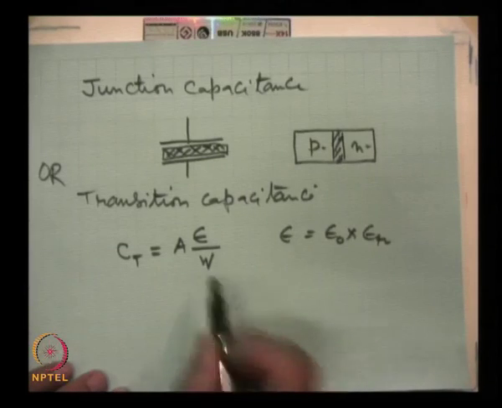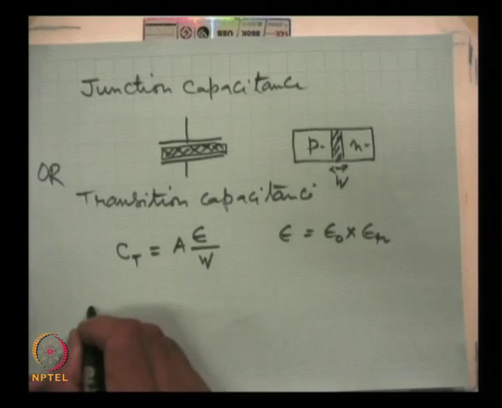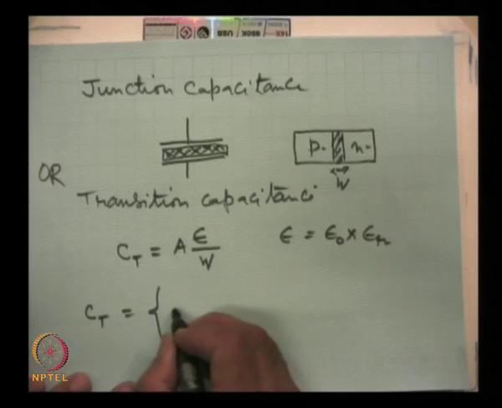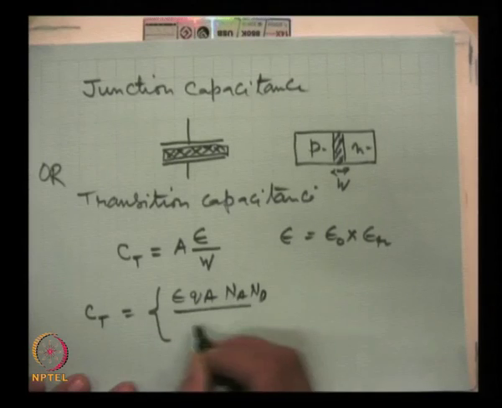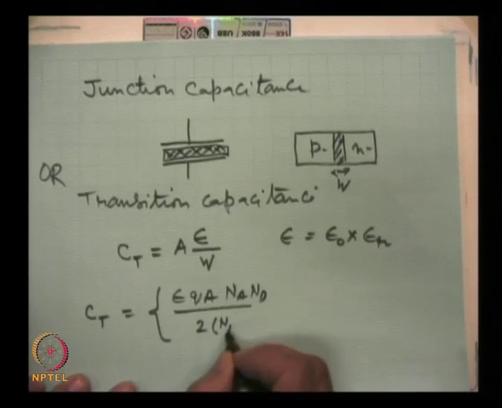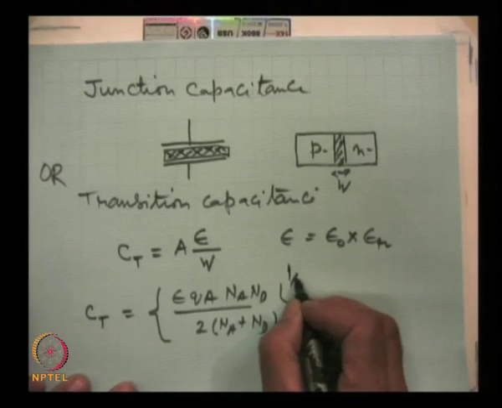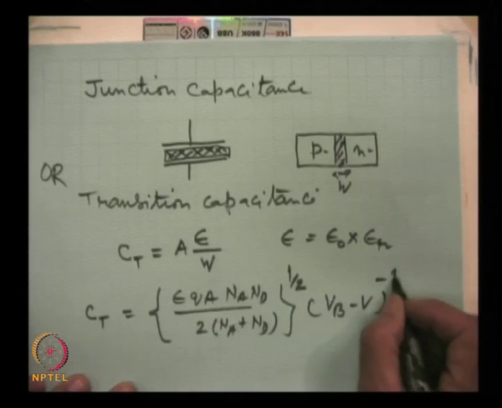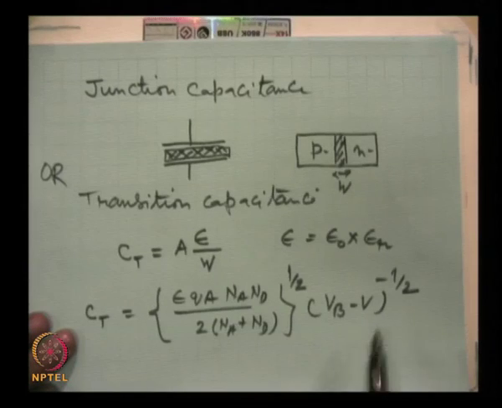Here W is the depletion width, and if we substitute the expression of the depletion width, then it works out to be C = [ε q Na Nd / (2(Na + Nd))]^(1/2) (Vb − V)^(−1/2). This is the expression for the capacitance, and this is a function of the